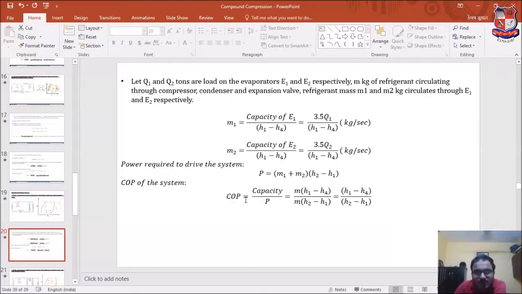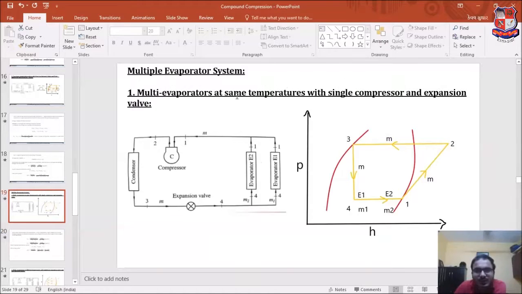And COP is given by capacity divided by power, and capacity is total mass M into (H1 minus H4) divided by power is total mass M into (H2 minus H1). So this is the case in which we are having multiple evaporators at the same temperature with single compressor and